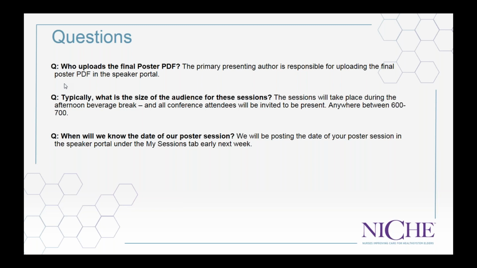Okay, next question. Can you include a QR reader code into the poster so it can be scanned and/or downloaded for those that would like a copy? We can't accommodate the QR codes, but if someone has a QR reader on their phone, that's fine, as long as the technology is available to people. But it won't be provided through Niche, and it won't be in our app. But thank you for that. And if that didn't answer your question, let me know.